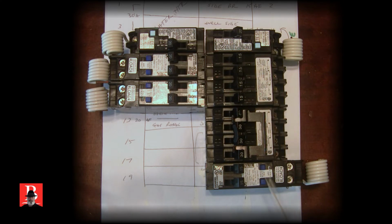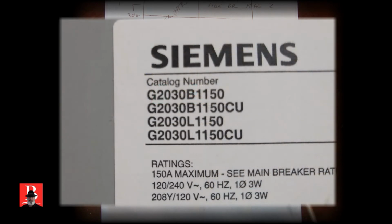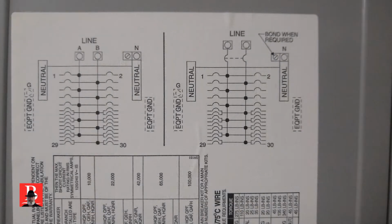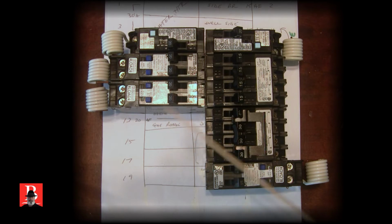These look like a whole bunch of circuits added into this panel. And what we had upstairs, I'll show you a picture of it, is what we call a 20-30 panel, where it's got 20 spaces but can take up to 30 circuits. And what we have is these, what we call tandems, because tandems are 2 together, which is different than a